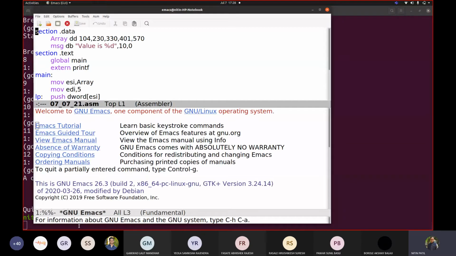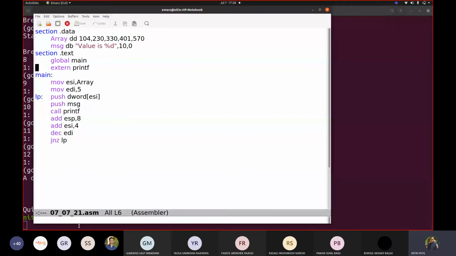So this was our code. We wanted to print the values. Correct? Now we printed them, but I don't want to make use of that mechanism. So what should I do then? Let me make some change. Okay, let me make that EDX to be 0. That's what I did, XOR EDX comma EDX. Now this would be used in multiplication. That's why I have to make this 0. Okay, so I will say move EX comma 4.